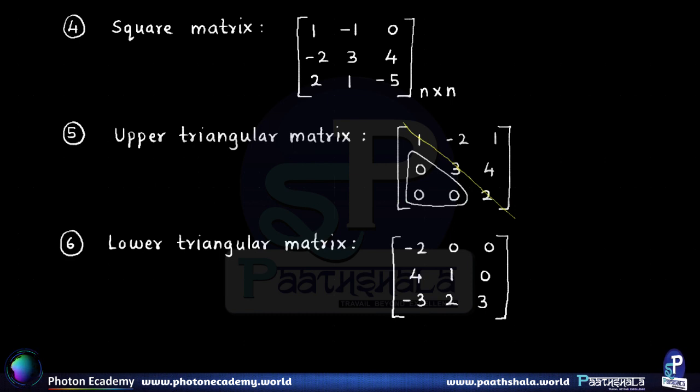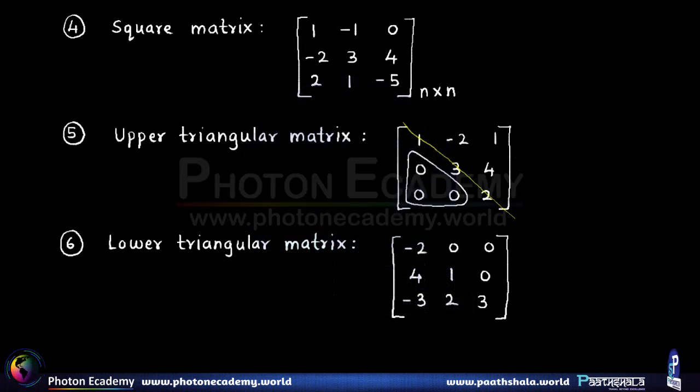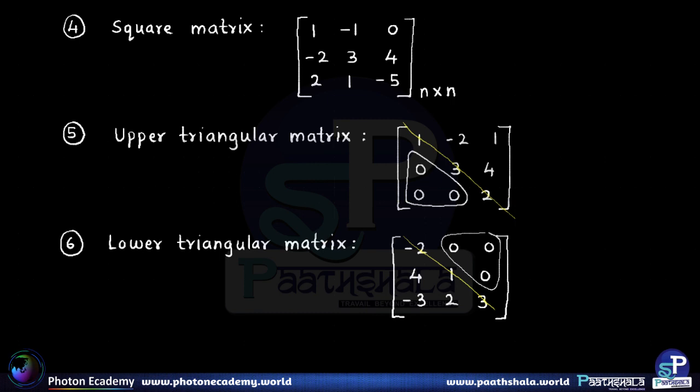Now it's important to note that we don't have anything to say about the elements in the diagonal as well as the elements which are above the diagonal. Some of them might be zero or all of them could be non-zero. What matters is that the elements below the diagonal should be all zeros. Alright. So similarly we have the definition for a lower triangular matrix, as we can anticipate. That is, suppose we consider a diagonal, then the lower triangular matrix is one in which the elements above the diagonal are all zeros. And we don't care about the other elements, whether they are zero or non-zero. Alright, so this is the definition of a lower triangular matrix.